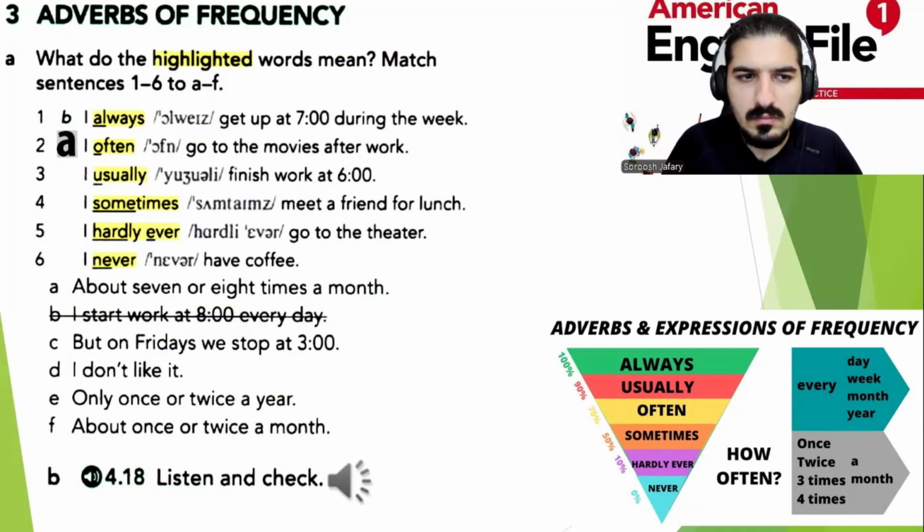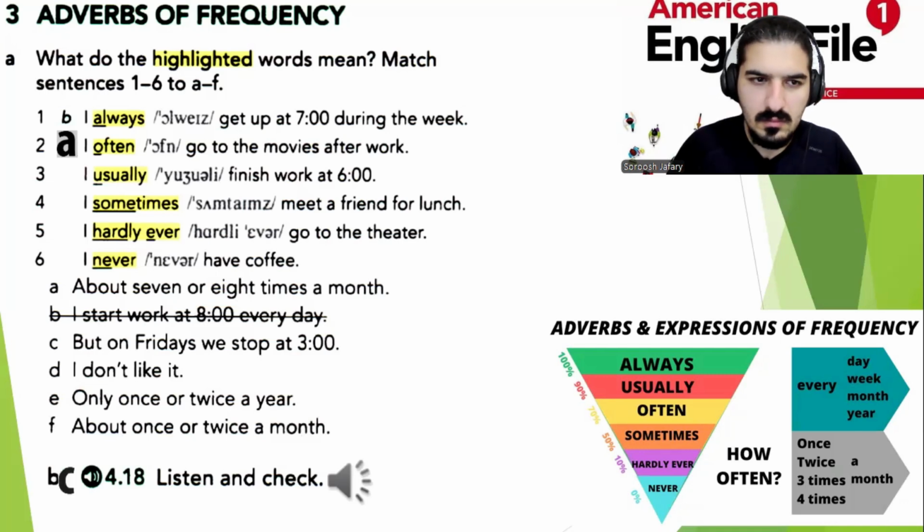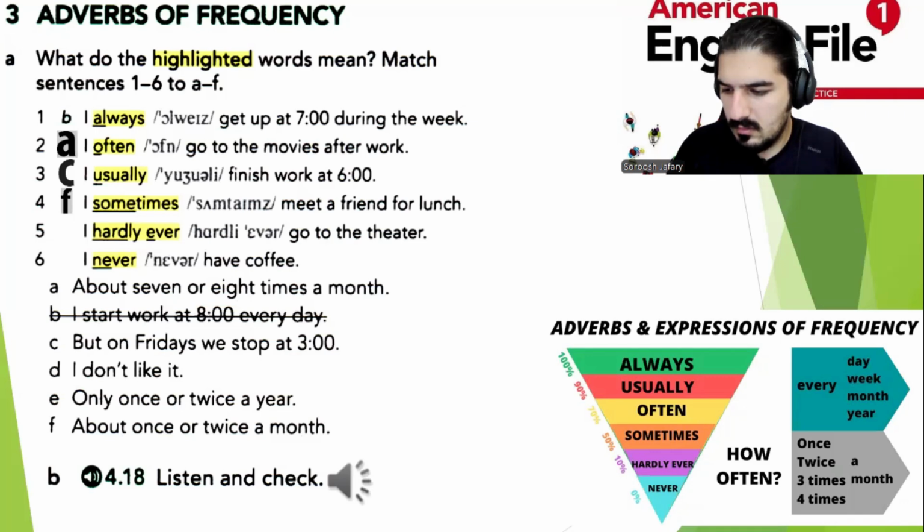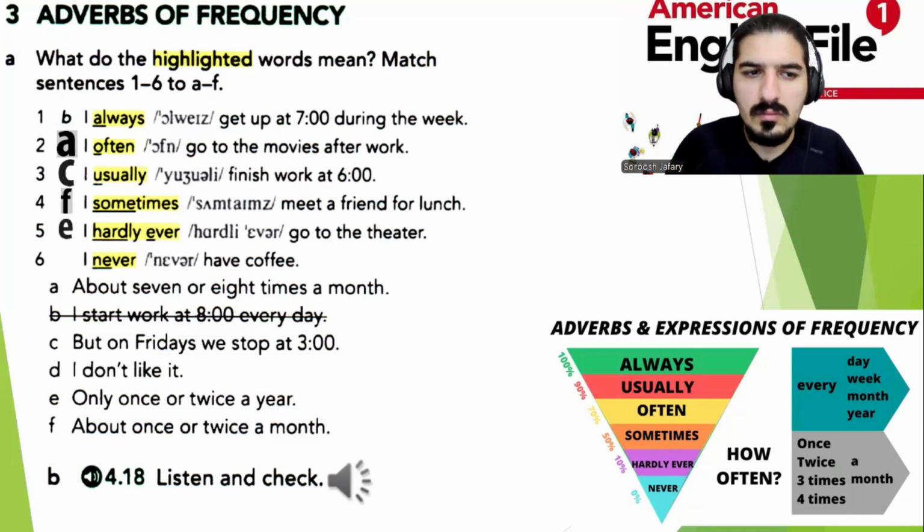C. I usually finish work at 6 o'clock, but on Fridays we stop at 3 o'clock. 4. F. I sometimes meet a friend for lunch, about once or twice a month. 5. E. I hardly ever go to the theater, only once or twice a year. 6. D. I never have coffee.